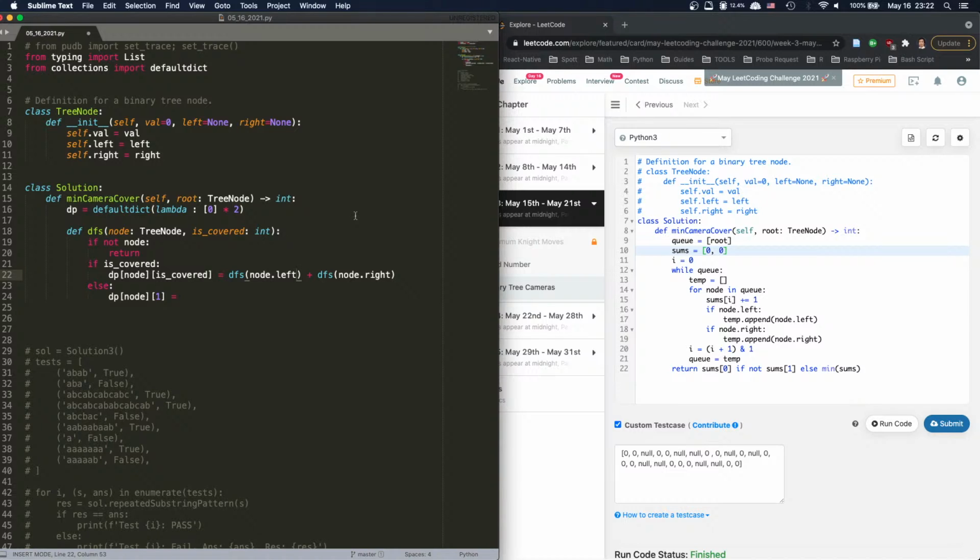Those are always two pathways. I cover myself and go here, and I go back, go both ways. So each node is either I cover myself, or I don't cover, and I move on,